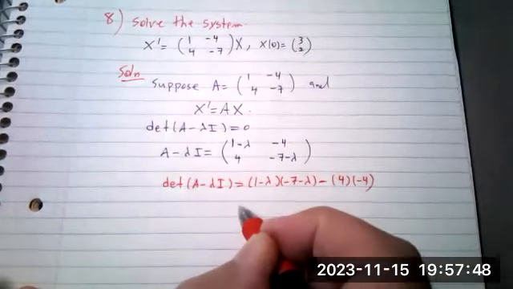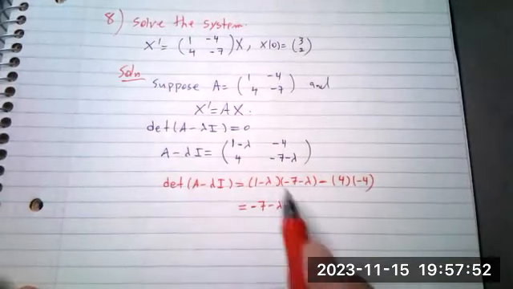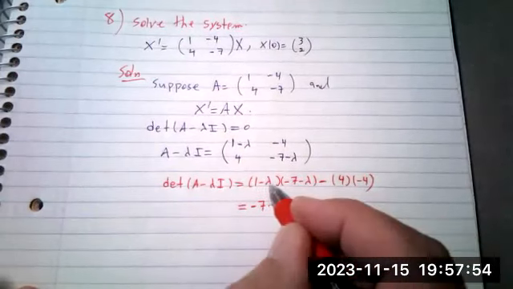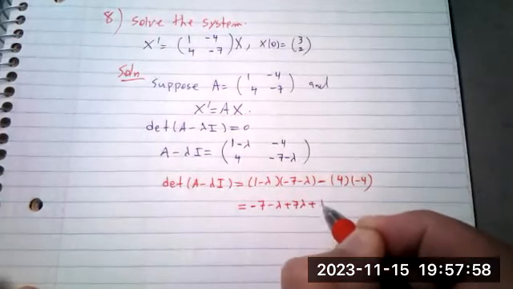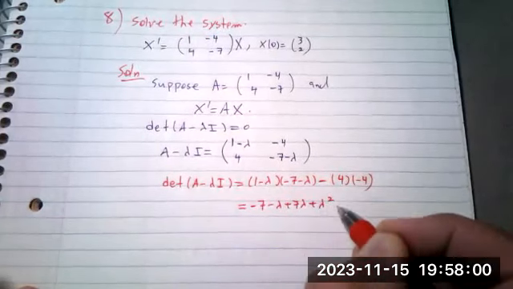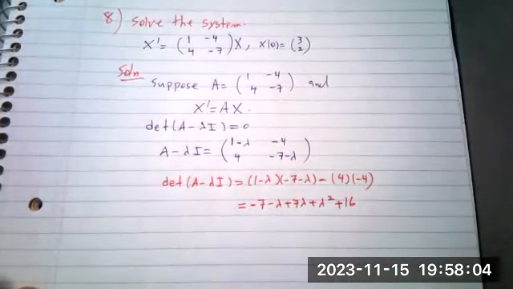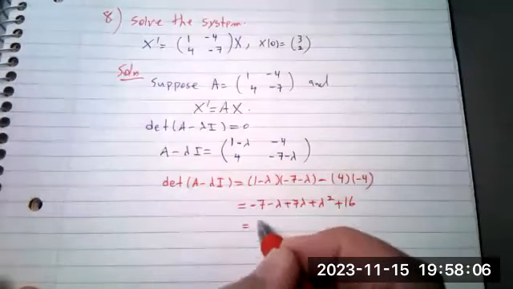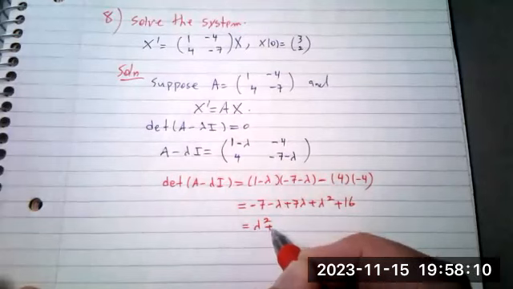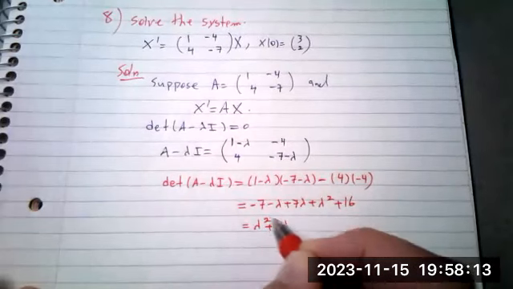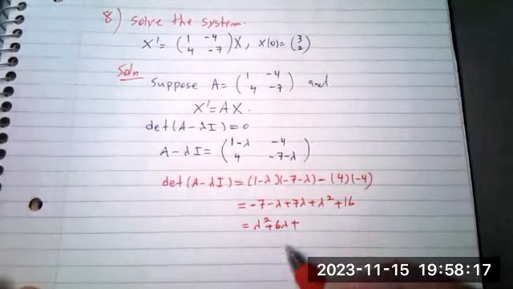So use the FOIL method. It's going to be -7 minus lambda, multiply the lambda inside. Again, it's going to be plus 7 lambda, and plus lambda squared. And this would be a positive 16. Combine the like terms, write it down in the quadratic form, lambda squared. That gives you 6 lambda, and that would be